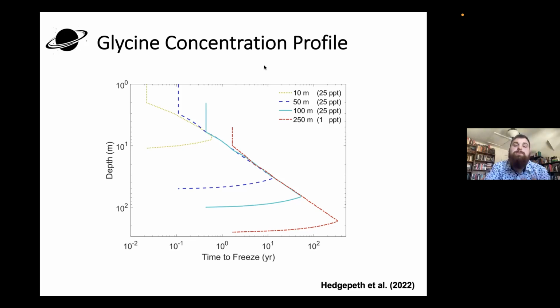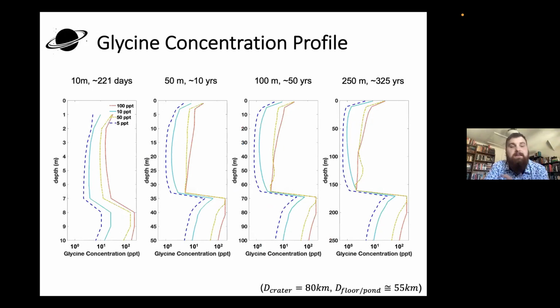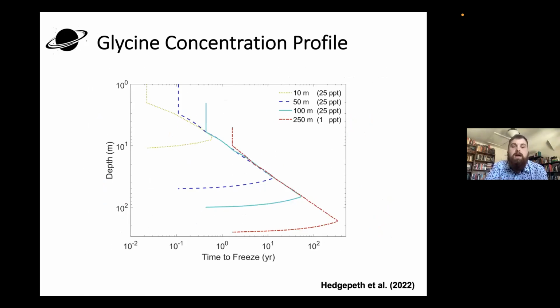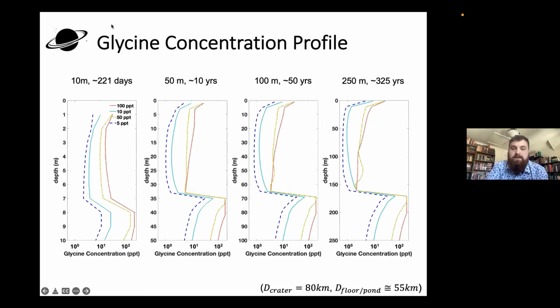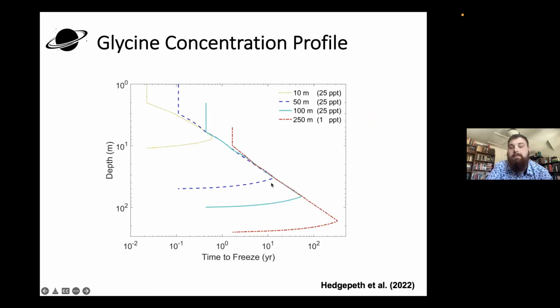And what we can do here is we're going to say that at least for 100 meters or thicker, at some point in the melt sheet, you will begin to see the daughter product begin to dominate the mixture. Like in this situation, it's simple because we go from HCN to glycine, we know they're fundamentally different. And if we think of it that way, we can say that at some point, this glycine profile will be more applicable than HCN. And that point is going to be for 100 meters and deeper of melt sheets.